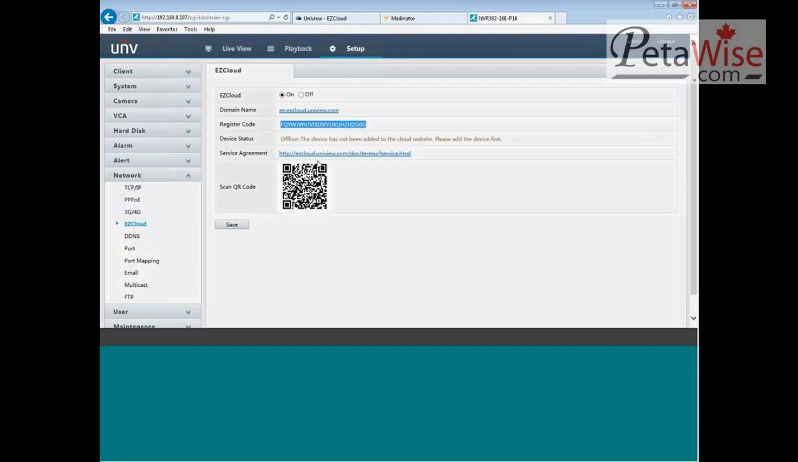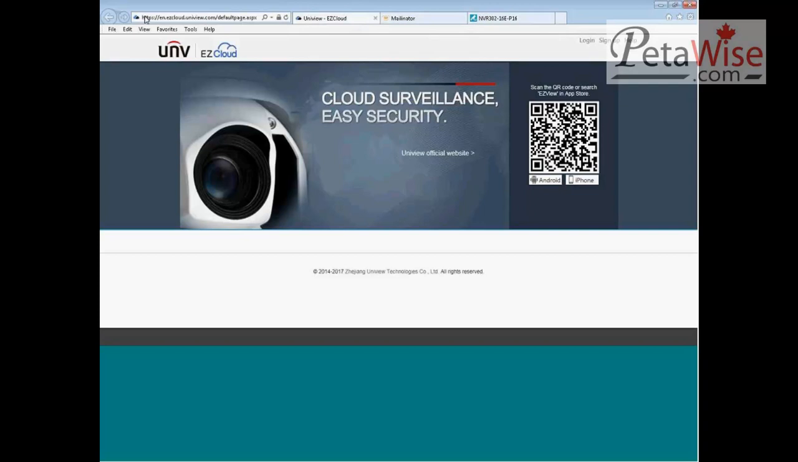When you're adding a device, you can either use the register code or the QR code. And in most cases, we recommend using the QR code and scanning it with a phone because it's a little bit more simple than copying this long register code. So what we can do is go with our register code. We can go to the EasyCloud website, which is